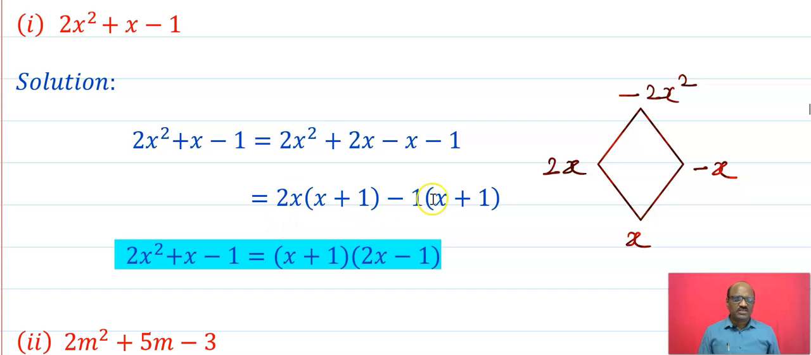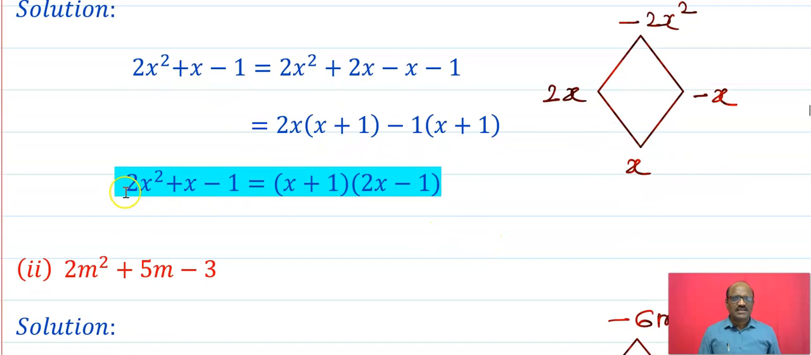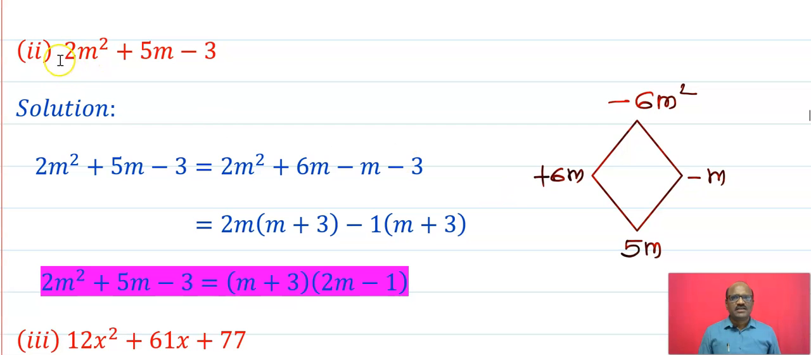What is the next? 2x minus 1. And in this case, x square plus x minus 1 is equal to, in first bracket, x plus 1 and 2x minus 1. Now the next, 2m square plus 5m minus 3. Again, what will be the product of the first term and last term? Minus 6m square. What about the middle term? The middle term is 5m. Now find the two factors such that whose sum is 5m and product is minus 6m